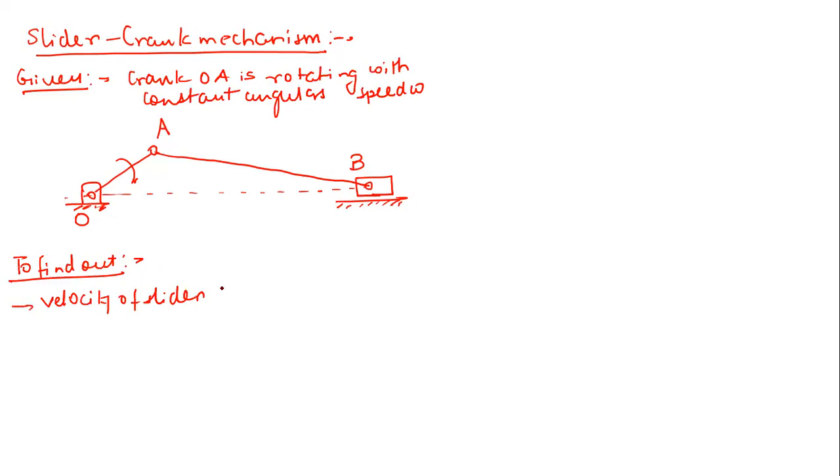We already saw that we can calculate this from the velocity diagram. For drawing this acceleration diagram, calculating the velocity diagram becomes a necessity, because it will give you the centripetal acceleration component as we saw in the previous cases. And the next is the acceleration of the slider. So this is O, B, and this fixed link is also denoted as G. Okay, so now just tell me where to start this. How to start this? What should be my first step?